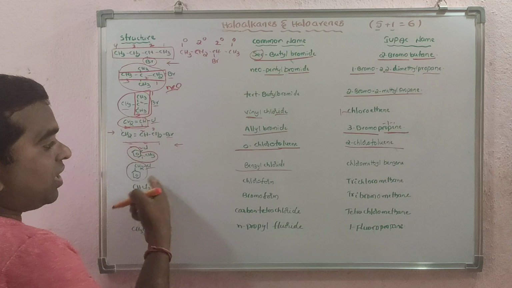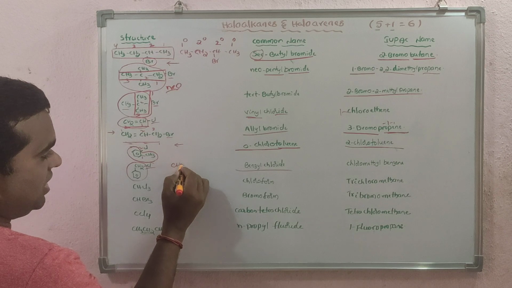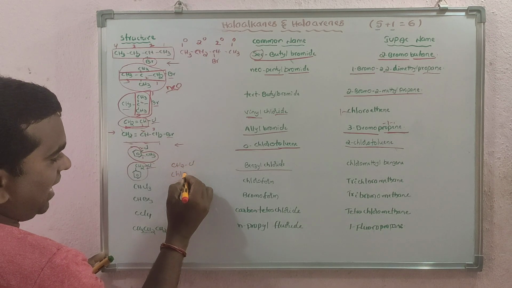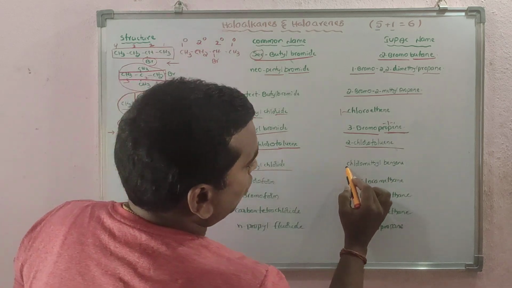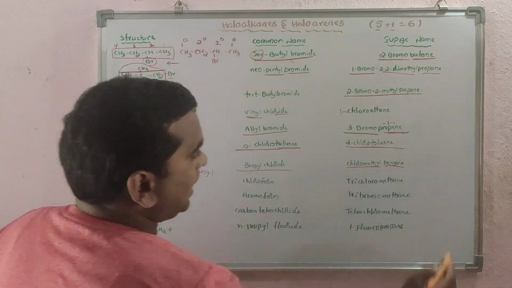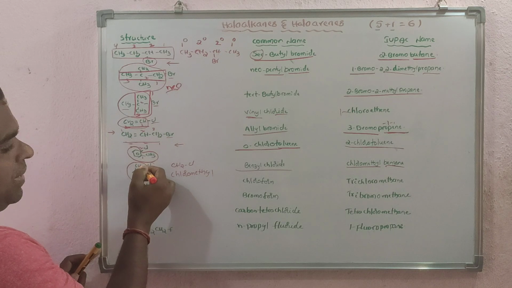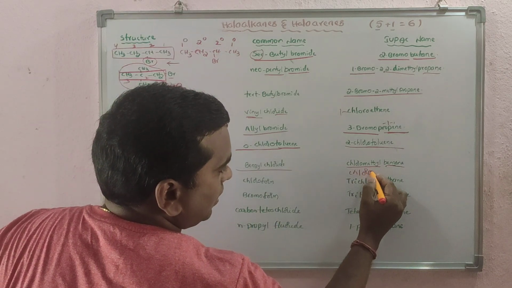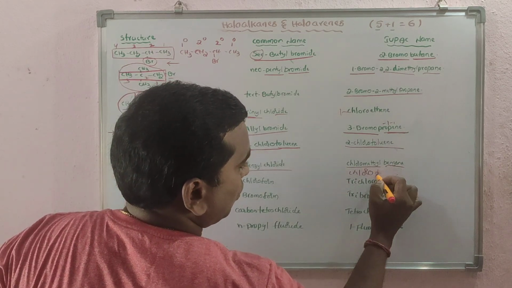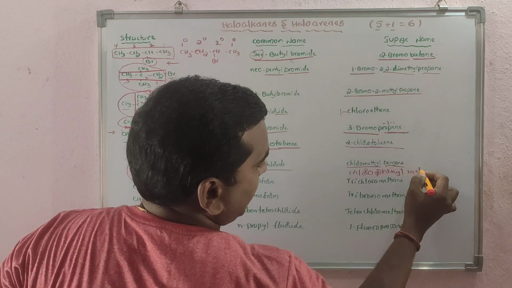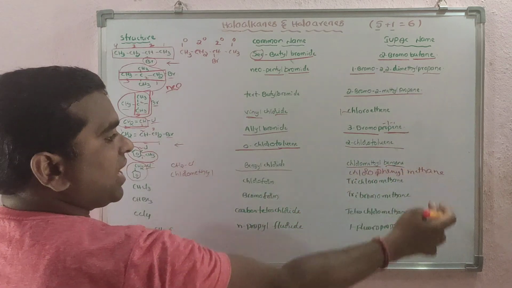In the same way, when you are writing the IUPAC name, you can write this CH2Cl group as chloromethyl. What will we call it here? Chloromethyl. So that's why chloromethyl benzene. Chloromethyl benzene. Clear? Or you can write chlorophenylmethane. On the methane, chlorine and phenyl are substituents, so you can write chlorophenylmethane.